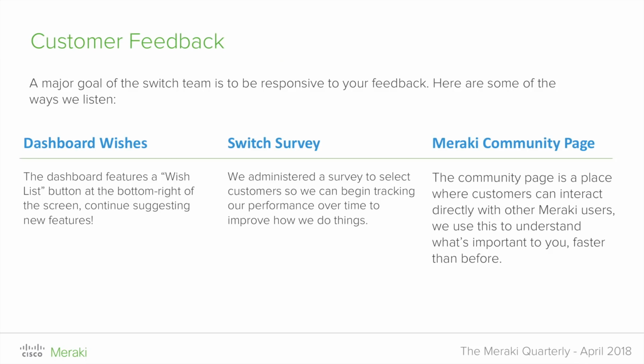Now, moving on to a bit of customer feedback. I think I speak to all our products here today that we definitely listen to our customers, but specifically on the Switch side, we've really put the effort into looking at those dashboard wishes. So if you do have any feature requests, definitely at the bottom right-hand corner of the dashboard, any dashboard page, you should see a Make a Wish box where you could make wishes. Those wishes get sent to us, and we read them every week to make sure that we cover all the features that our customers want.